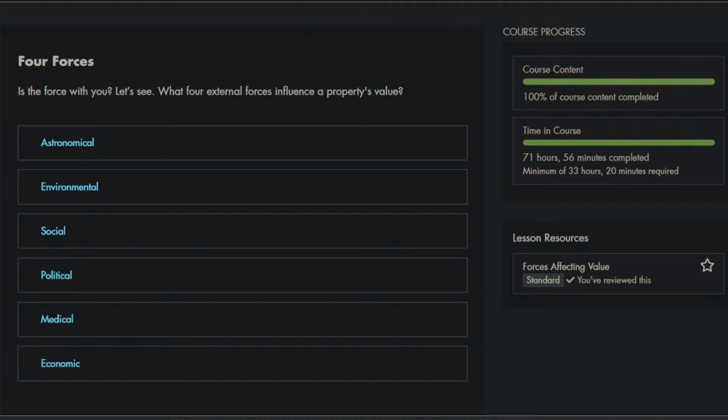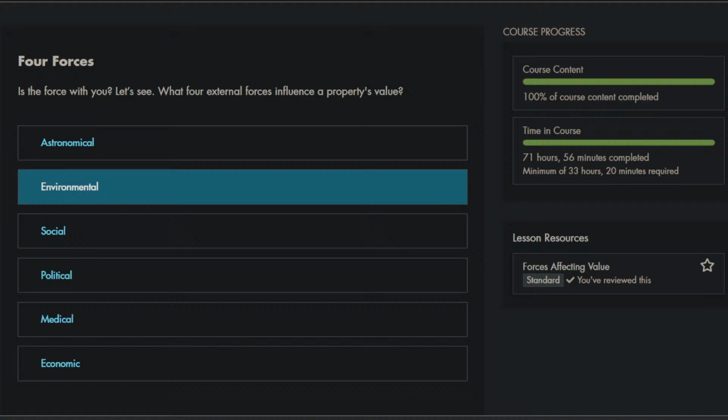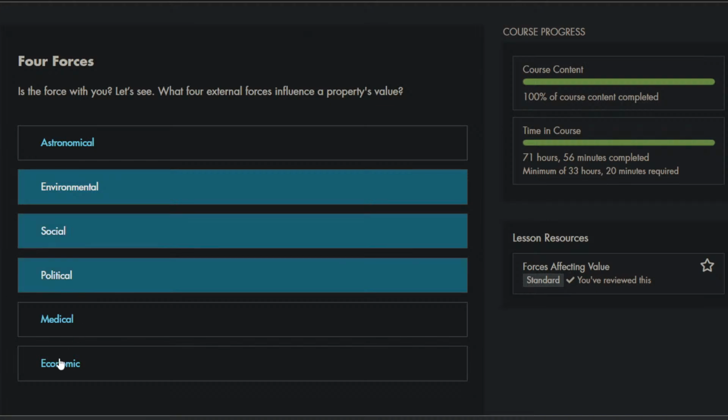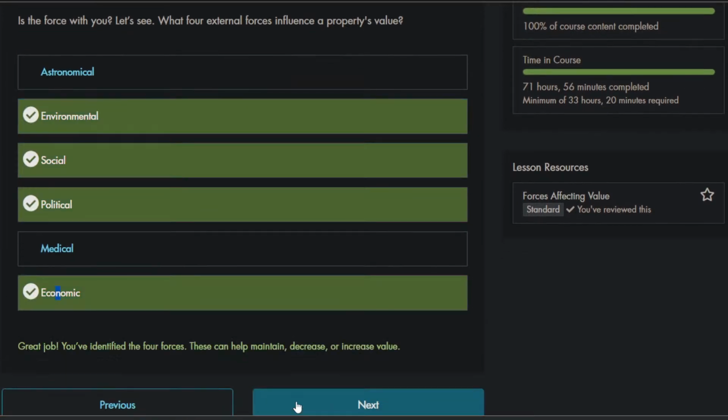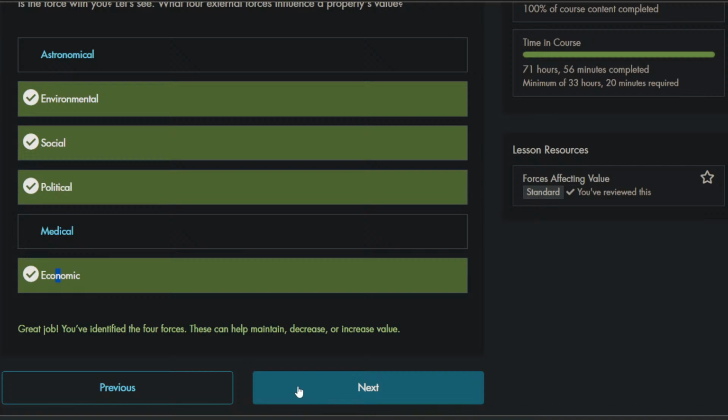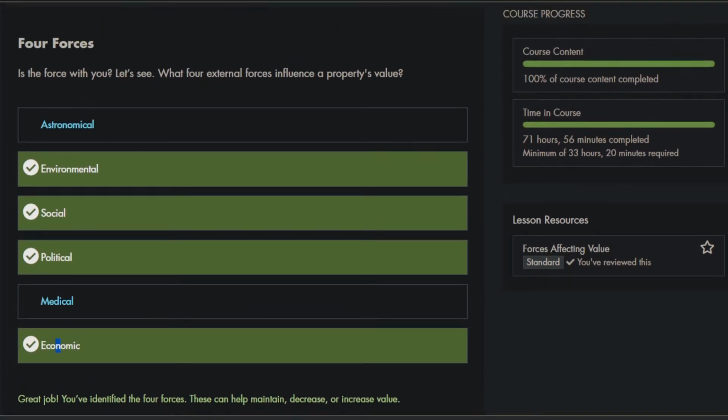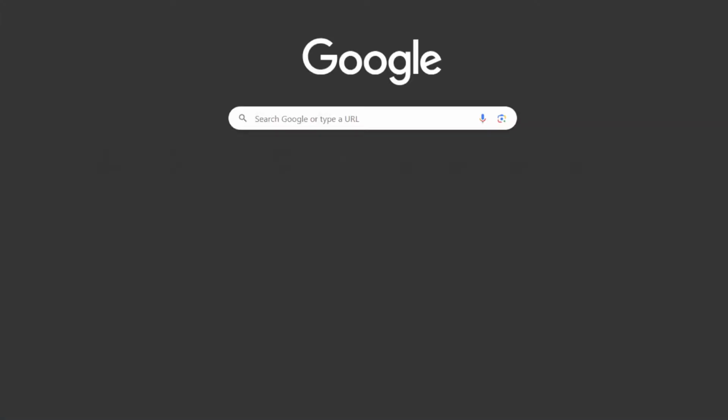Is the force with you? Let's see. What four external forces influence a property's value? Environmental, social, political, and economic. We got it. You know what? I'm going to put this in my... give me 1 second here. I'm going to open up my